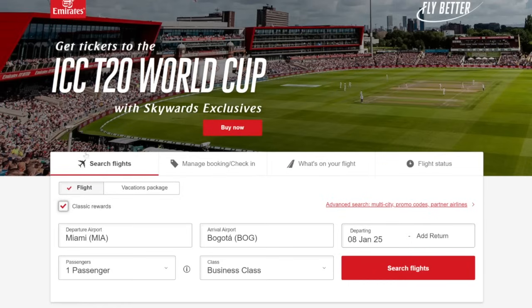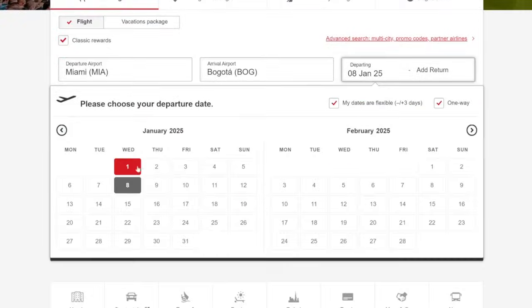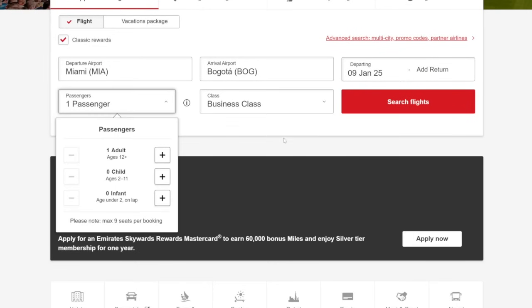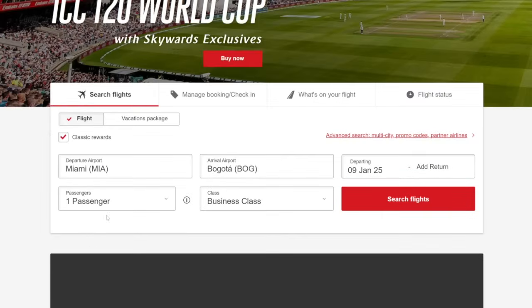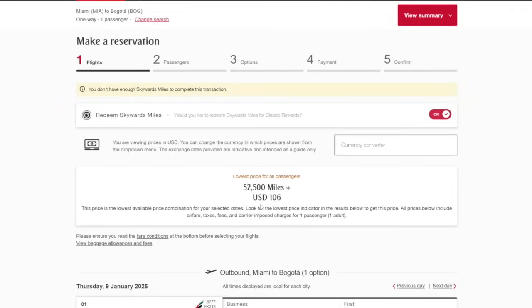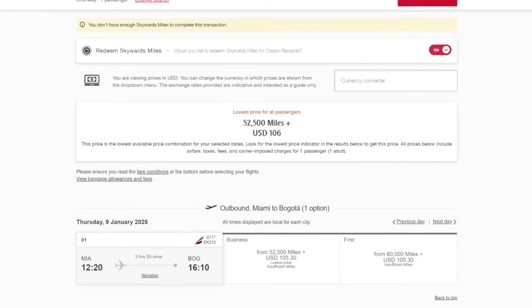So all you need to do is go to Emirates and then search from Miami over to Bogota, and you can pick pretty much any day you want. I just picked January 8th, but you can pick January 9th, 16th, any time in January. And I'm just searching for one passenger in business class for now. Go ahead and click search flights. And what you'll find is it's only 52.5 thousand miles plus $106 in taxes and fees to fly in Emirates